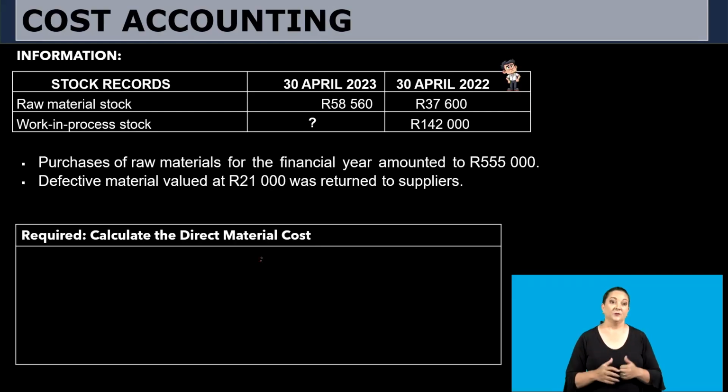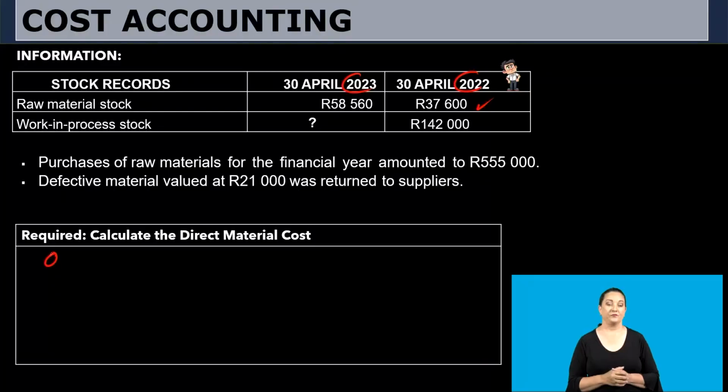Make sure you have a calculator and that you're also able to write. Okay, let's begin. Here we're told, calculate the direct material cost. We are given amounts from 2022, which become my opening stock, and I also have amounts from 2023. I know there are several ways in which one would have done this, but I'm going to use one of the methods. So I'll say my opening stock, which is